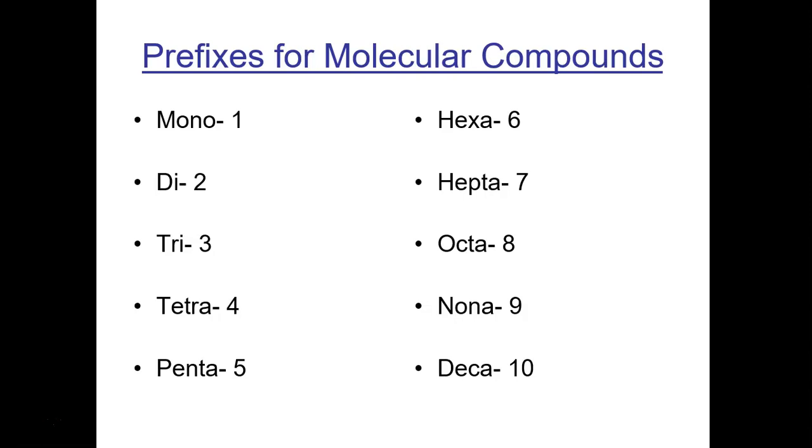So here are the prefixes for molecular compounds. You might want to pause this for a second just to get all of these down. Mono is 1, di is 2, tri is 3,